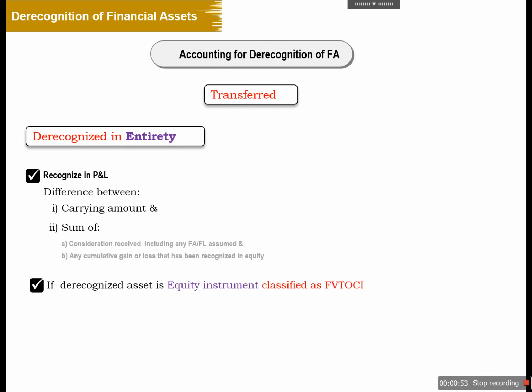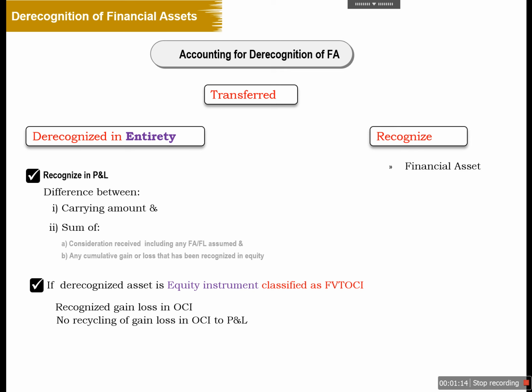But if the derecognized asset is an equity instrument that is classified as FVTOCI, in that case we need to recognize the gain or loss in OCI, and there will not be recycling of the gain or loss from OCI to the profit and loss account. And for the financial assets, financial liability, or any servicing liability that we have assumed because of the transfer of financial assets, we have to recognize FA, FL or servicing liability in the books of